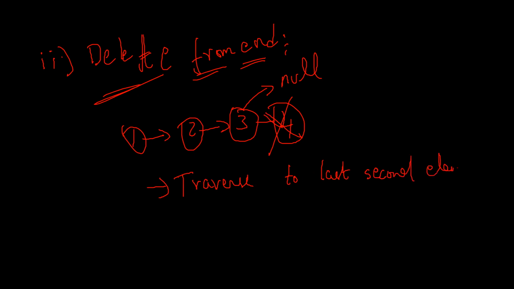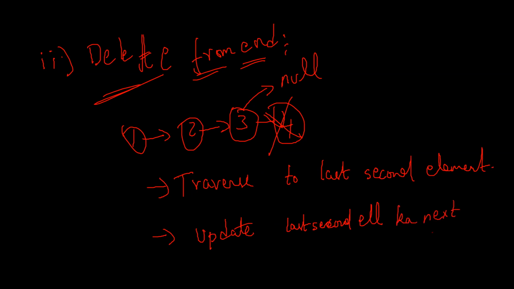which is 3 here, and then we have to update the last second element's next. The last second element's next, to what? What should I update it to? Null, exactly. Because the moment I update it to null, I'll be losing my last element, which is what our